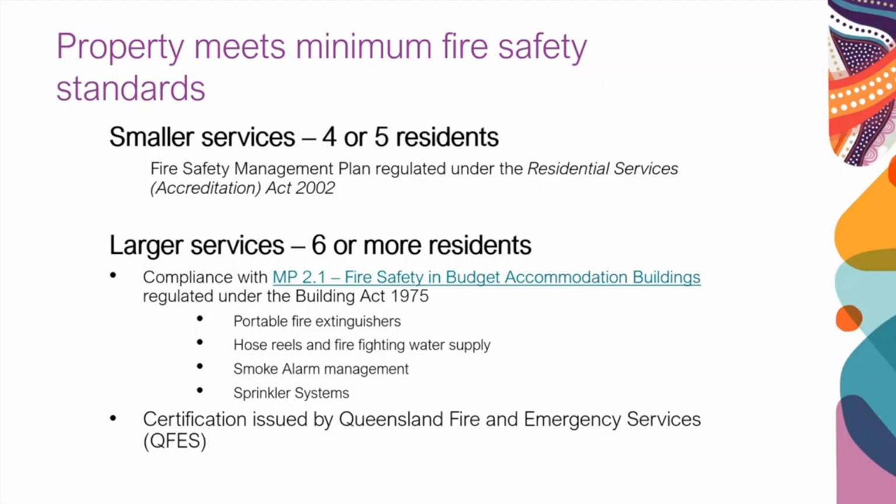The property must also meet minimum fire safety standards, and there are 2 different components to this. The first component relates to smaller services that have 4 or 5 residents occupying the property. In that instance, the property must have a fire safety management plan. That plan is a document which is available on the QFES website, and the regulatory services team can assist you